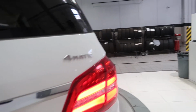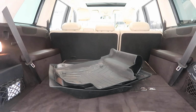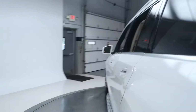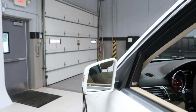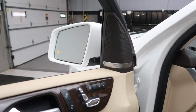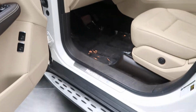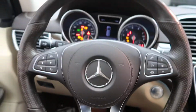GLS 450 4MATIC badging, power liftgate, trailer hitch, clean set of all-season floor mats, fold down third row seats, lane tracking package with active blind spot assist, active lane keep assist, premium 1 package with Burmeister sound system, memory seats, illuminated door sills, heated steering wheel, smartphone integration with Android Auto